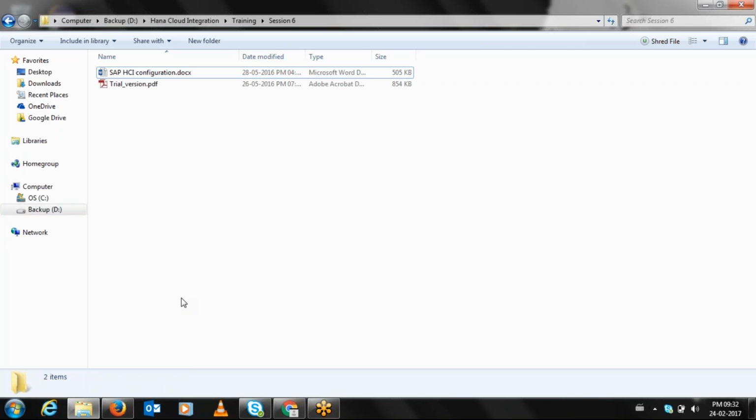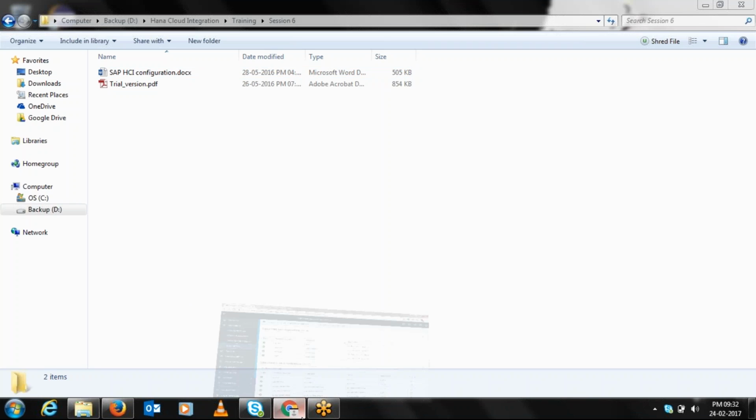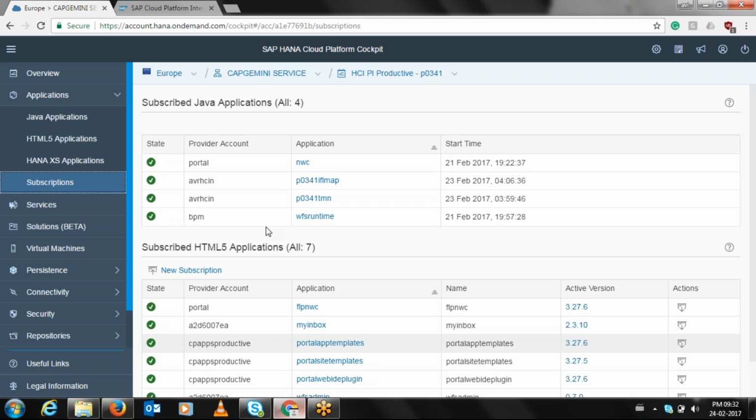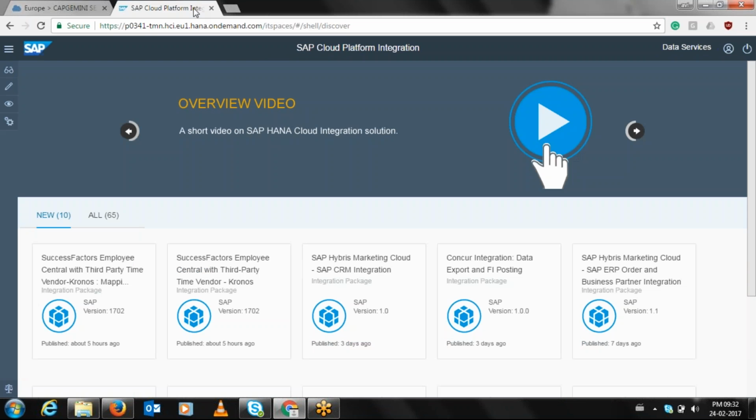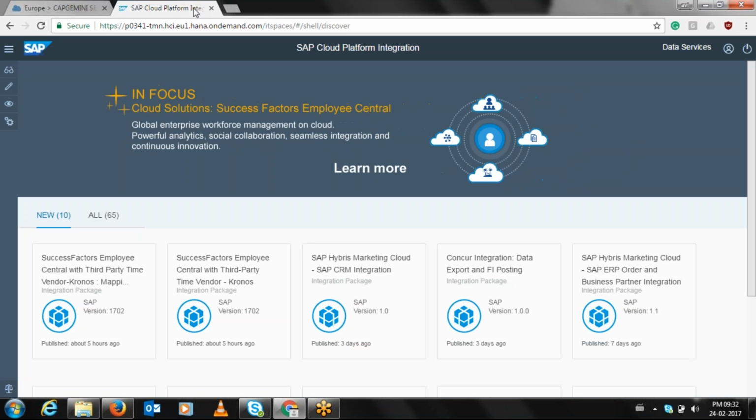Because we are going very slowly, we are now into HCI. Tomorrow we will be into our HCI first initial stage. So far we have only done the documentation, right? We are reading it, so we understand.